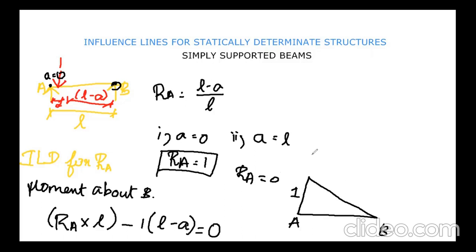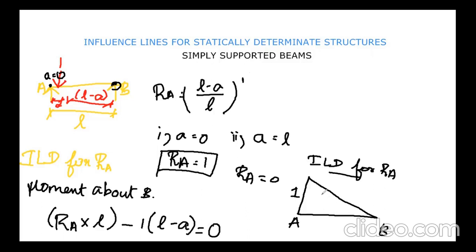Okay, this is the influence line diagram for reaction at A. You'll be asking what variation is going in this influence line diagram. Here it is a linear variation, since this RA value has no power. The power value of this reaction is 1, so the variation will be linear. That is why the diagram is assumed as a linear variation.